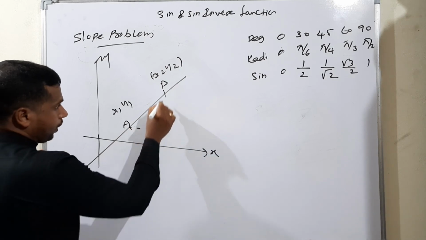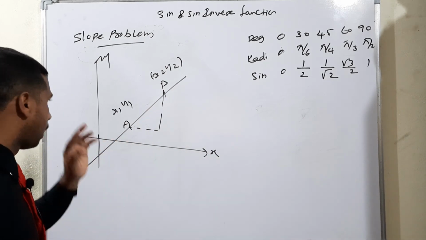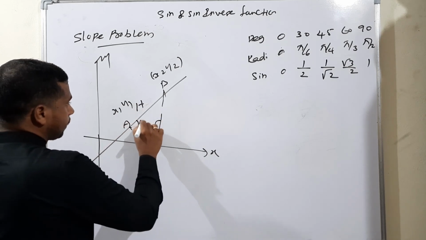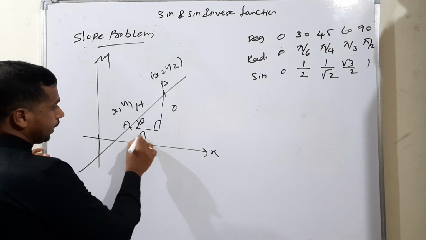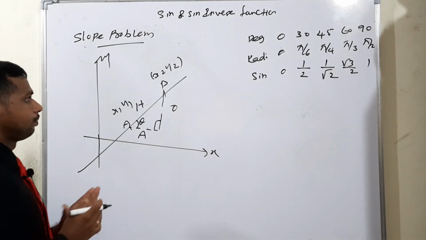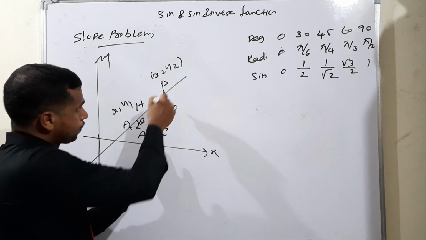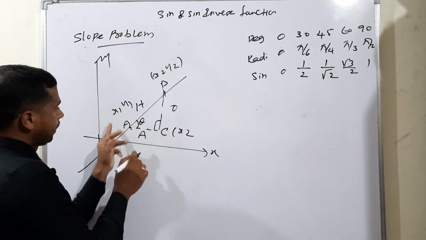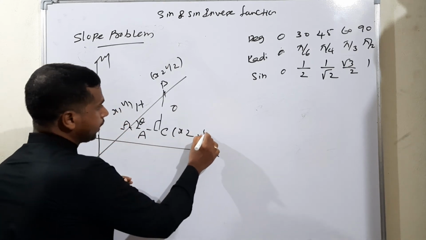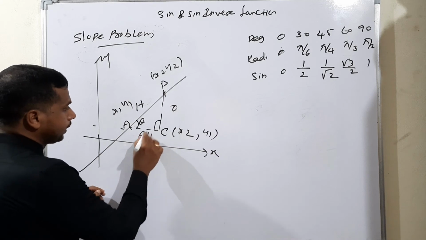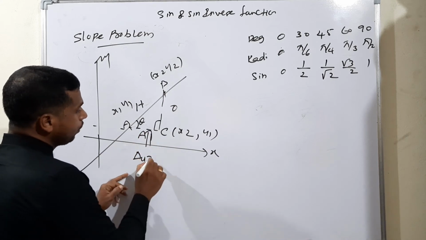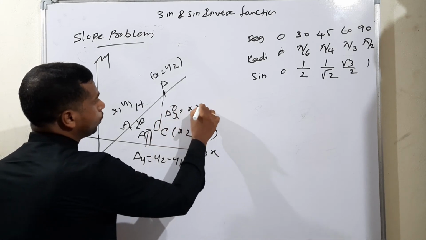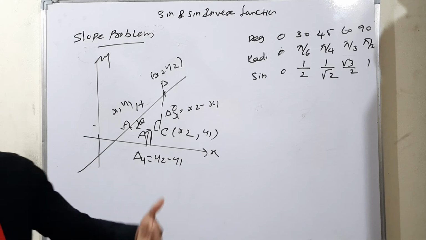If you make a right angle from these particular points, what will happen? Already I told you, the side opposite the right angle is called the hypotenuse. This is considered for theta, the opposite side, and the remaining side is called adjacent. This is AB, and point C meets the x axis, so we write x2. Then it meets the y point, which we write as x2 comma y1. Therefore, adjacent, del y, is equal to y2 minus y1, as well as del x is x2 minus x1.